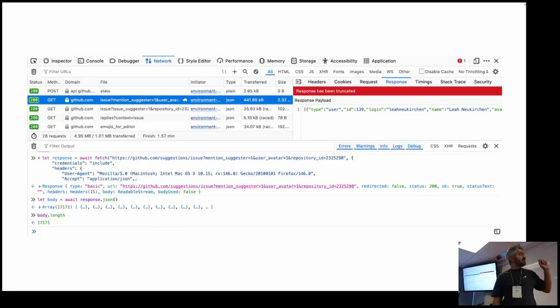So it's probably not clear from this, but if you've used mentions on GitHub, what GitHub does is they basically take all the contributors or everyone that's participated on a repo, and if you type @ into a field, they just shove it down to the browser, and then you are doing that searching in memory on your browser. This is also why you can't find new hires on GitHub, because they're not part of that list. But yeah, so for my example on the Linux repo, it just sends you 17,000 usernames. It's just like, here, you search them. And this works fine. I mean, no one's complaining that GitHub's @ mentions are slow. I have complained that I can't find new hires, but